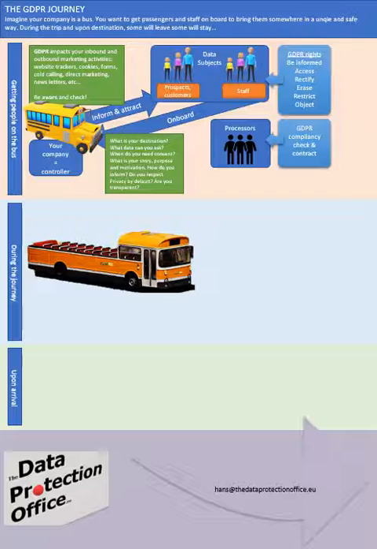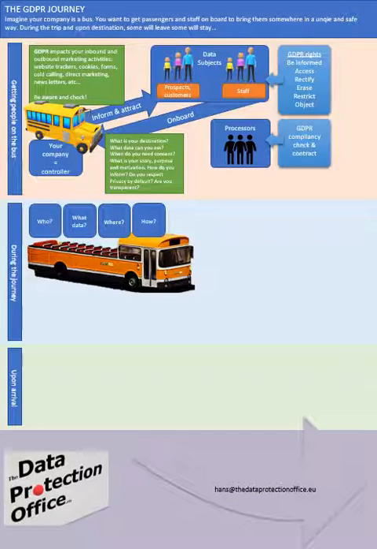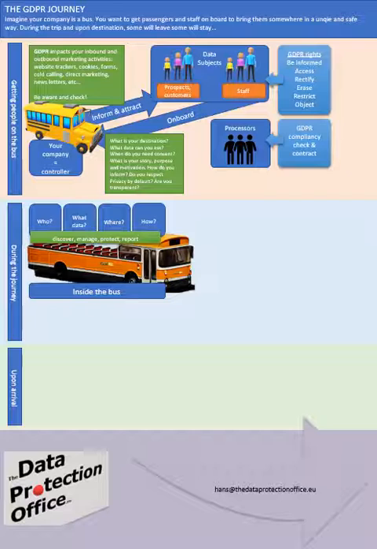We have our people on the bus. We also have passengers already on the bus. And the question is, who is already on the bus? Who just is on the bus? Who arrived on the bus? What data do we have? Where is it stored? And how are we processing it? So there's a stage of discovering this, of managing it, protecting it, and reporting about it.